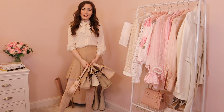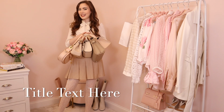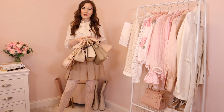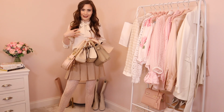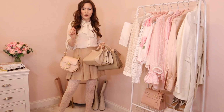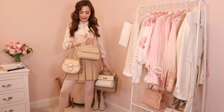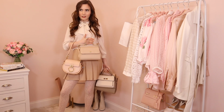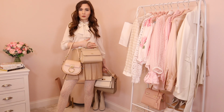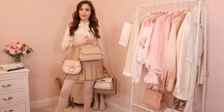Okay, so my final spring essential is bags, if you couldn't tell already, and in particular it has to be neutral bags. I know I have quite a few here, but I just wanted to give you a few different options. So obviously the more expensive bags are the Chloe Tess bag in the pink colour and the Dolce & Gabbana bag in the light beige kind of neutral colour. These are two of my most worn more expensive bags,